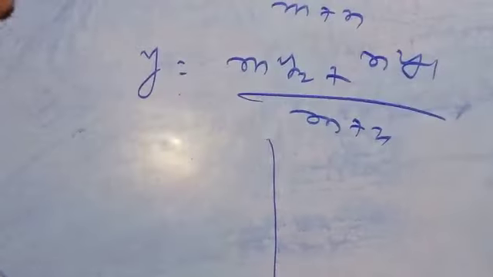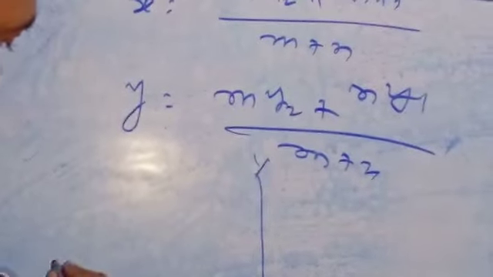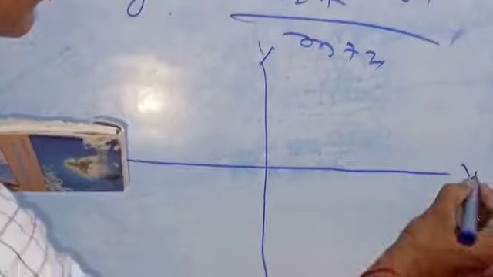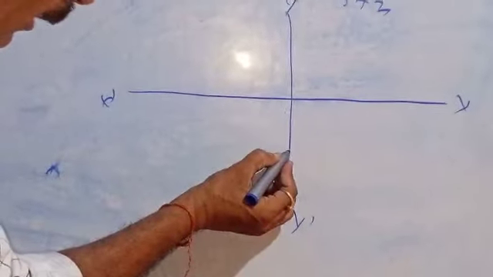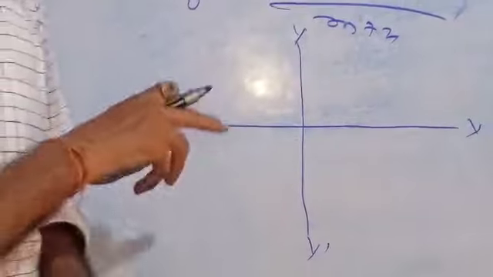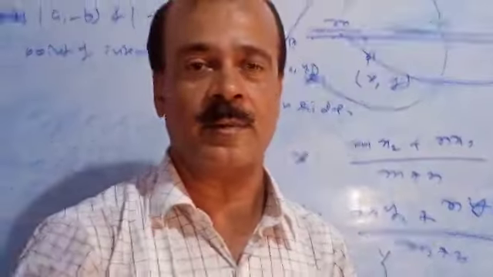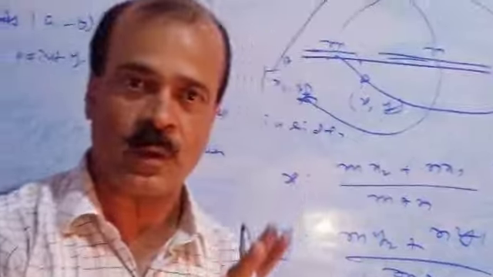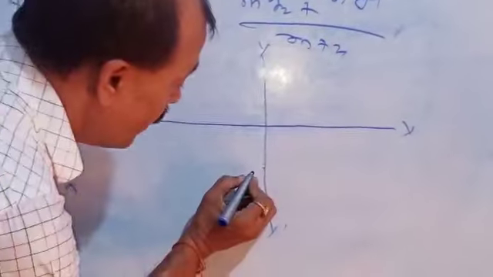Suppose here is the axis. It is y, that is y dash. Here is x, here is x dash. The question says that the point lies on the y-axis. To understand this type of question, you must watch the first, second, and third videos, which are also on the basis of coordinate geometry. You will get a clear conception of it. Suppose point P lies here.